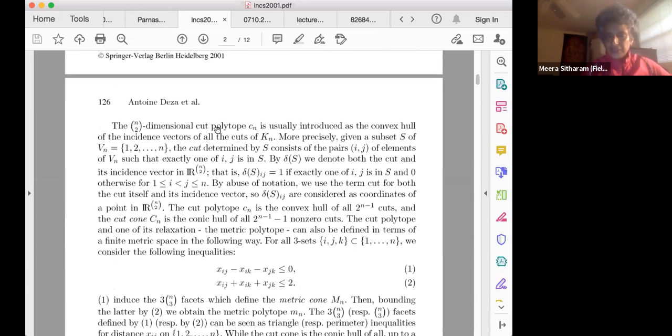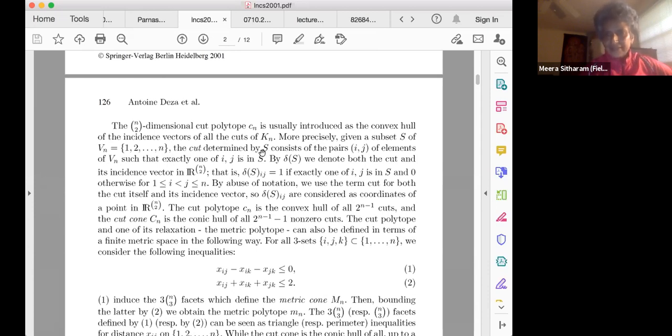So the n choose 2-dimensional cut polytope is the convex hull of the incidence vectors of all the cuts of the complete graph. A cut of a complete graph, by the way, is a collection of edges which essentially makes the graph disconnected. If you think of the incidence vectors, you think of a long vector of edges, and it's a 0, 1 vector, where you put ones corresponding to all the edges that are in the cut and zeros elsewhere. So essentially, given a subset S of the vertices Vn, the cut, quote unquote, determined by S